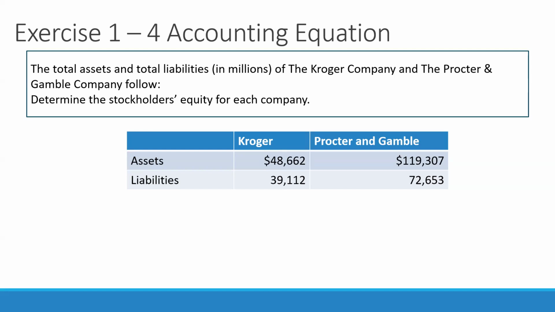Assets minus liabilities equals stockholders' equity. And then Procter and Gamble would be about